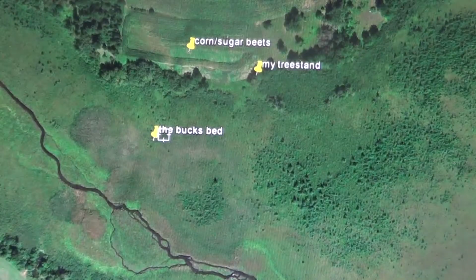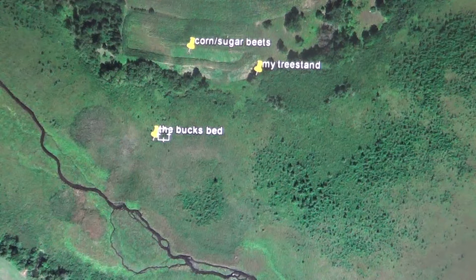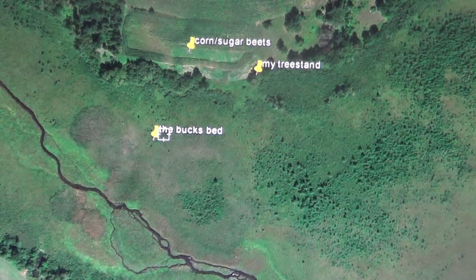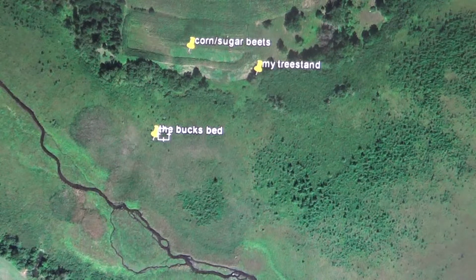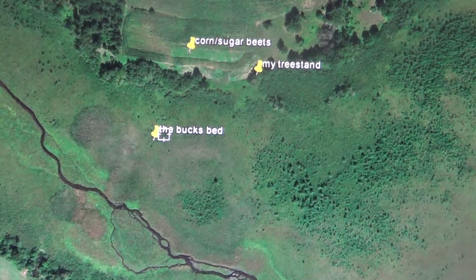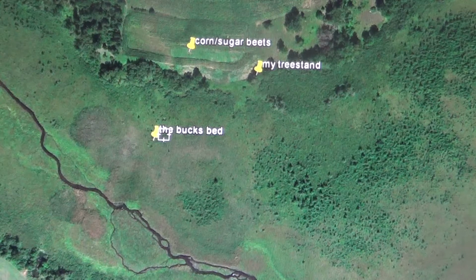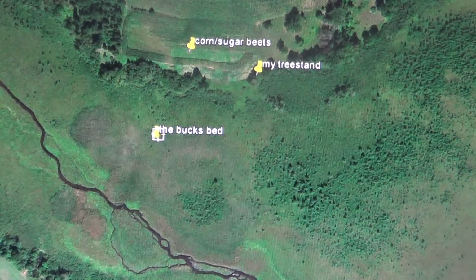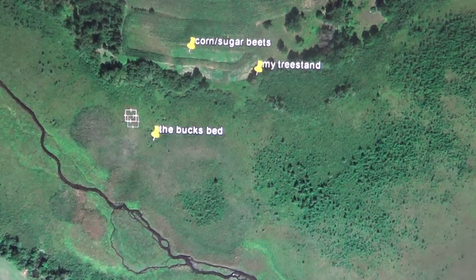Alright guys, now we're back to the aerial topo to explain how I killed this buck. Today we're using Google Earth. I decided to use this because I can graph out everything about this buck kill. Now the first thing that we have is this buck's bed right here. I knew this buck was bedded here from the scouting that I did post and pre-season. I followed his tracks back into this bed,